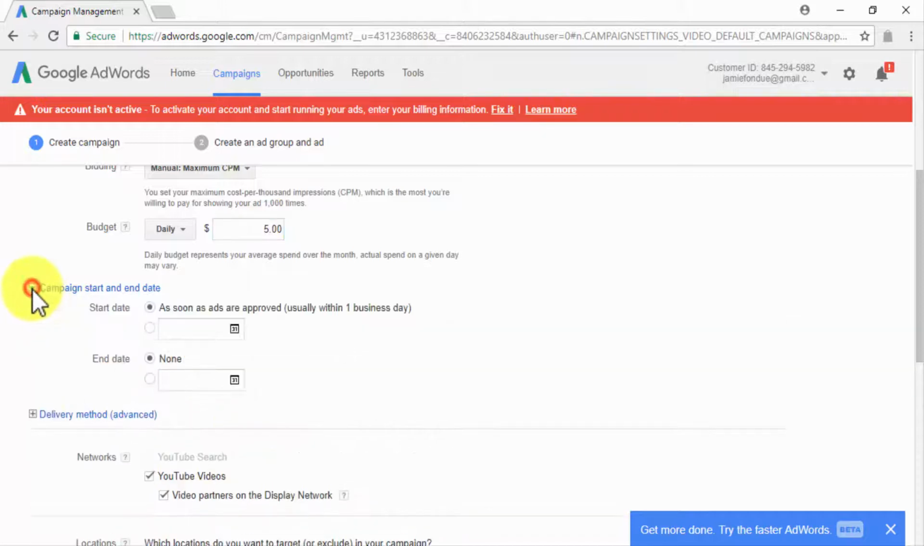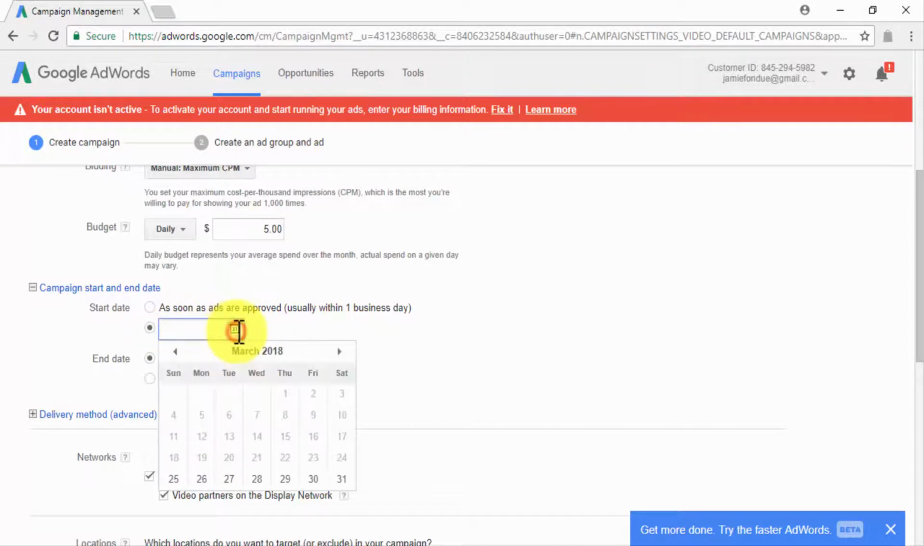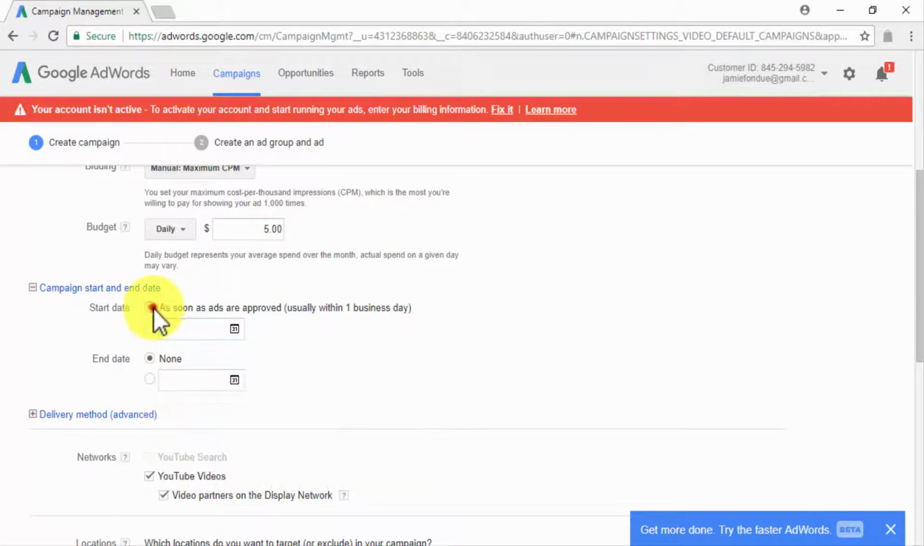You can click on the campaign start and end date display button to schedule your campaign, which will be set by default to start as soon as it is approved and without an end date. You can check the start and end date boxes and then use the calendar functions to schedule your video ad